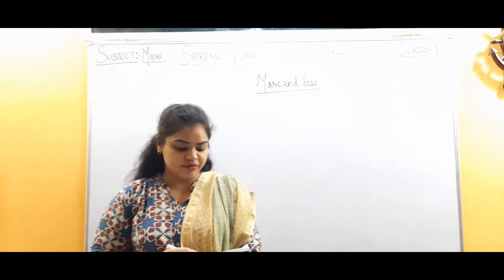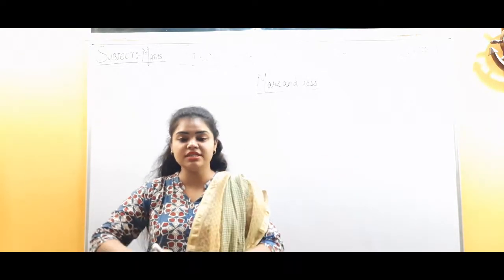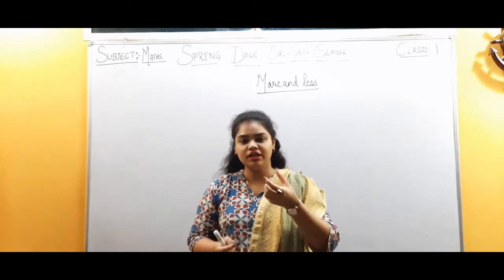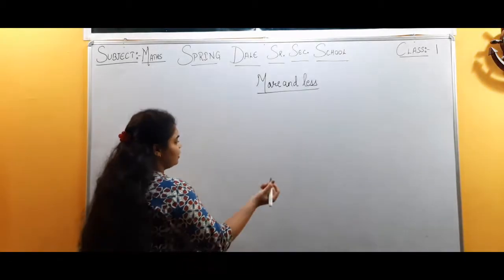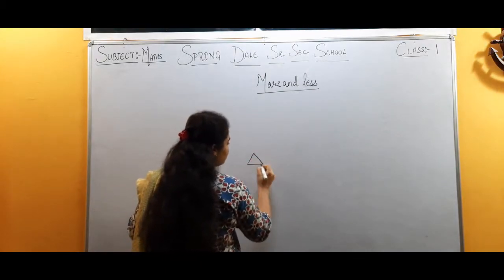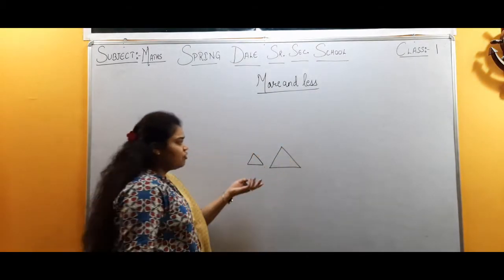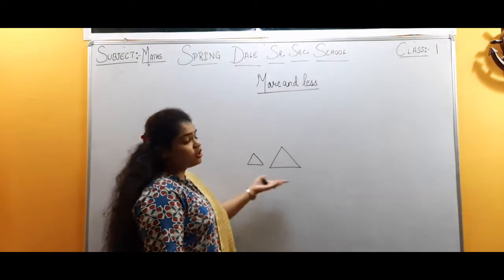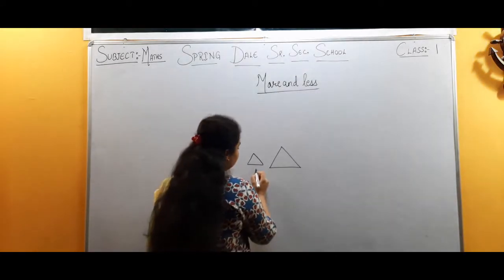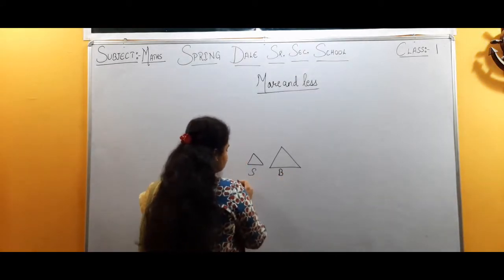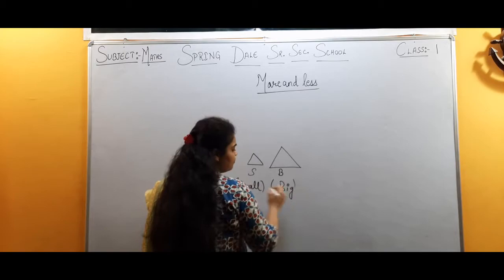Coming to the next question, we have to take the bigger number. Bigger, what does it mean? Bigger means if you are having 2 pieces of cake and one is smaller and one is bigger. Okay, I'll draw here. This is one triangle. This is second triangle. Which triangle is big? The first one or the second one? This is the small one and this is the big one. So it is small and it is big. S is for small and B is for big.